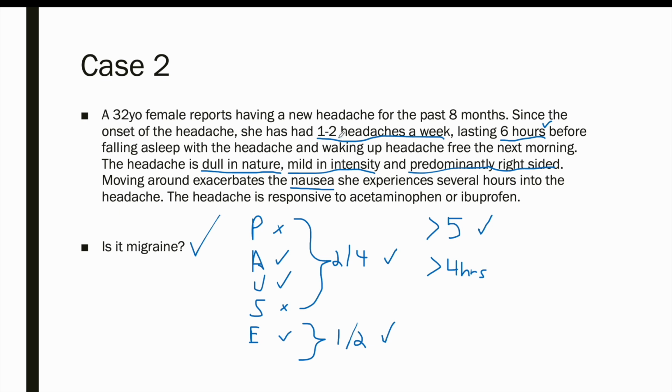And given the frequency of 1 to 2 headaches a week, and having at least on average 4 weeks a month, she would meet criteria for definite episodic migraine. And so this just goes to show that even though someone might come in and say they have a very mild headache that's dull in nature, they can technically still have migraine, given that they meet other criteria or other